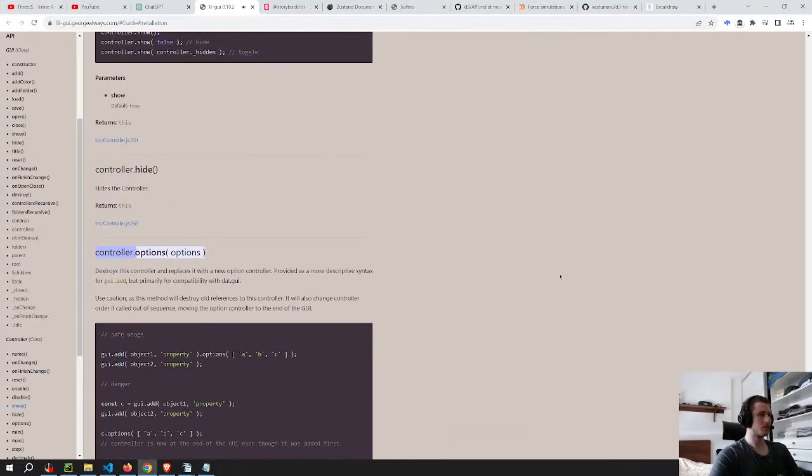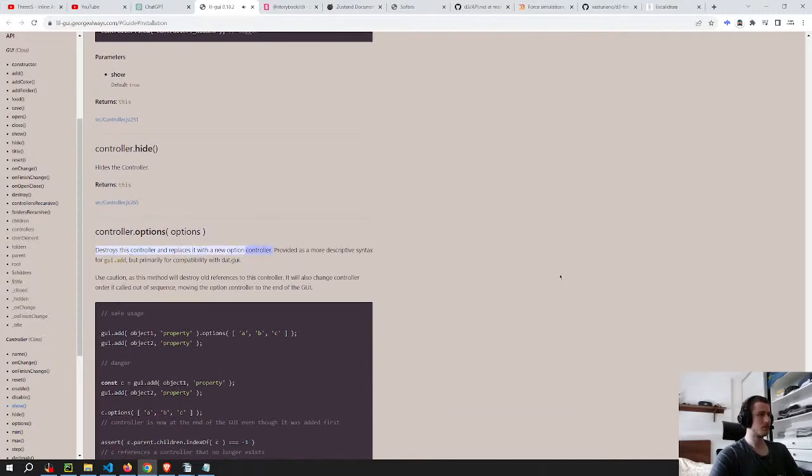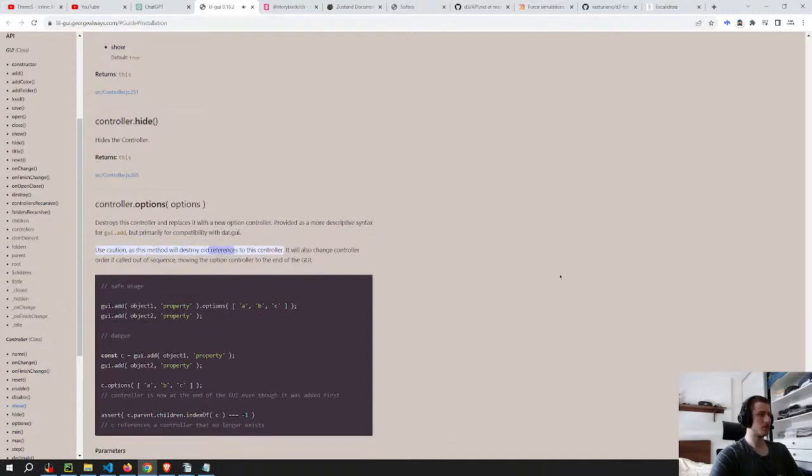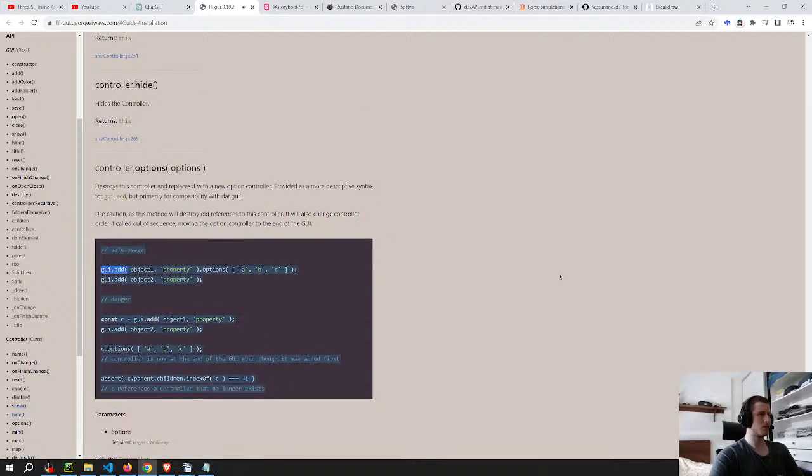src/controller.js:265, controller.options(options). Destroys this controller and replaces it with a new option controller. Provided as a more descriptive syntax for GUI.add, but primarily for compatibility with dat.gui. Use caution, as this method will destroy old references to this controller. It will also change controller order if called out of sequence, moving the option controller to the end of the GUI. // safe usage: GUI.add(object1, property).options(['A', 'B', 'C']); GUI.add(object2, property);